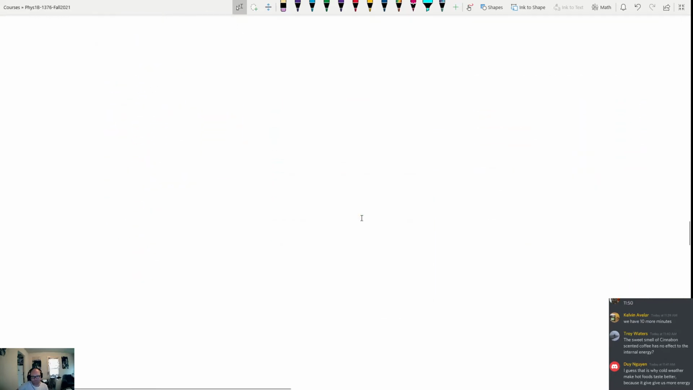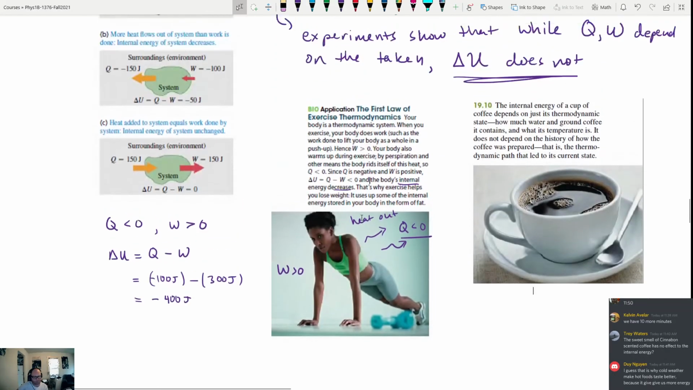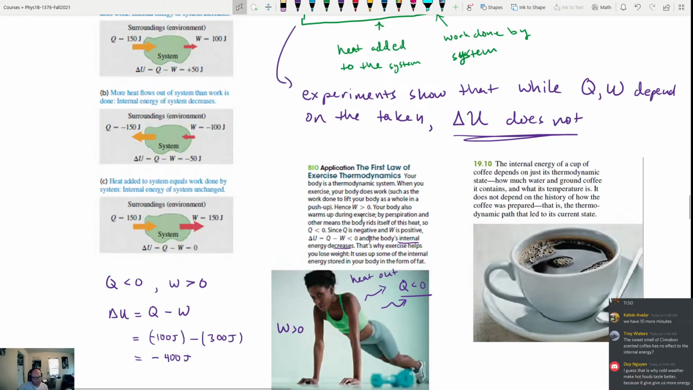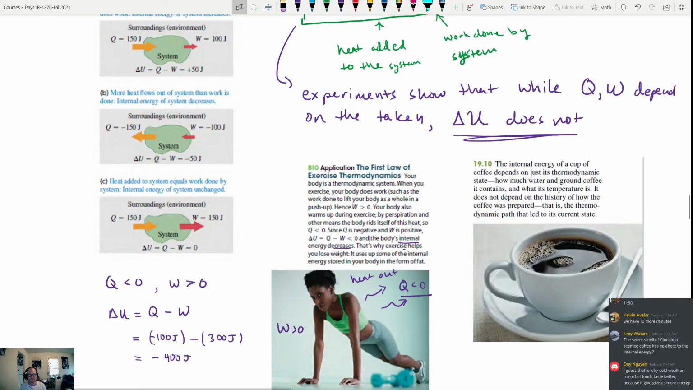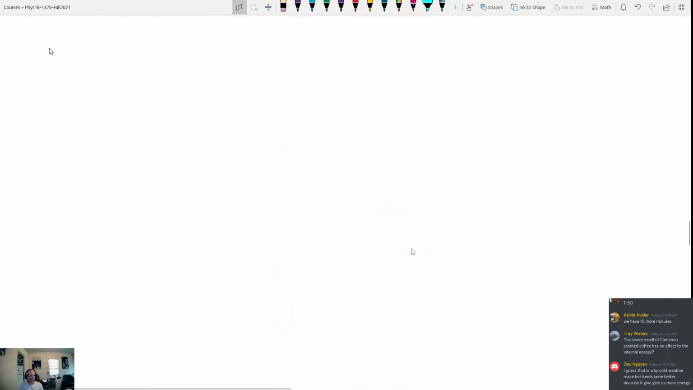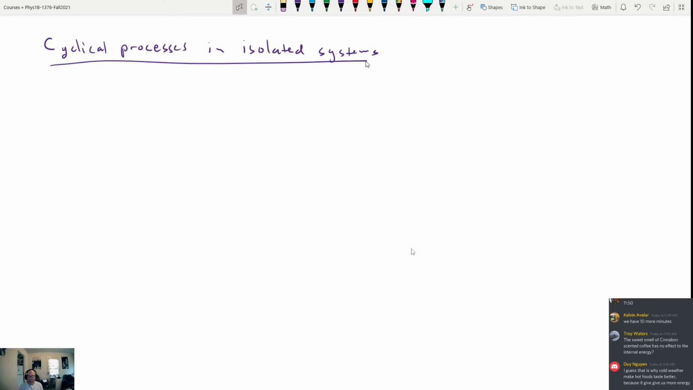Okay. No more things down here. The next thing we're going to be talking about is cyclical processes in isolated systems. Okay. So this is something that I was kind of hinting at earlier. Okay, so since internal energy is not dependent on the path that you take, when you do a cyclical process,